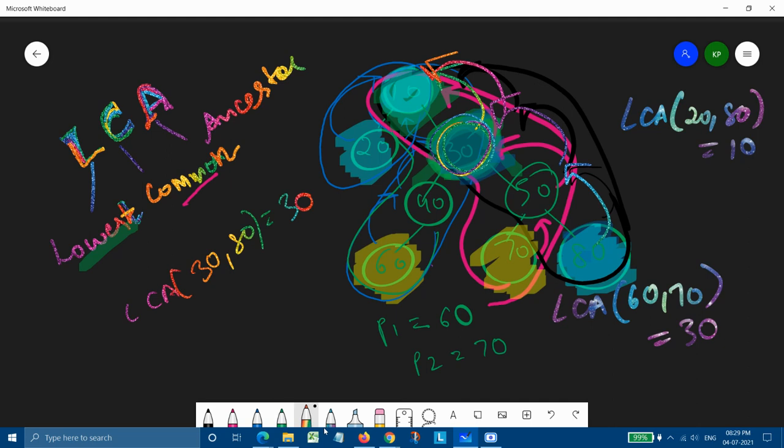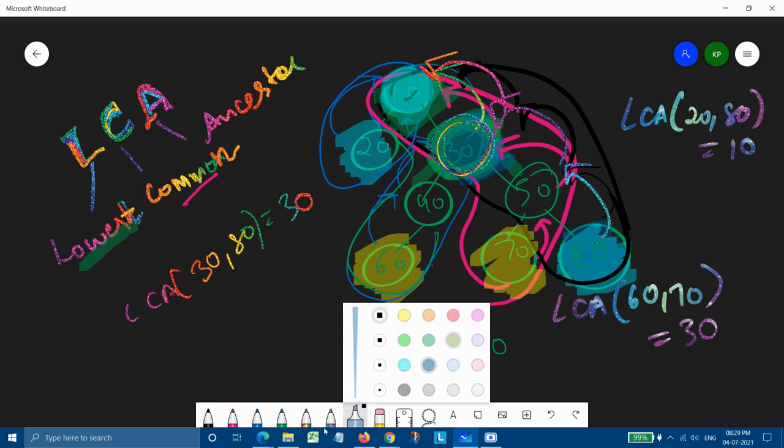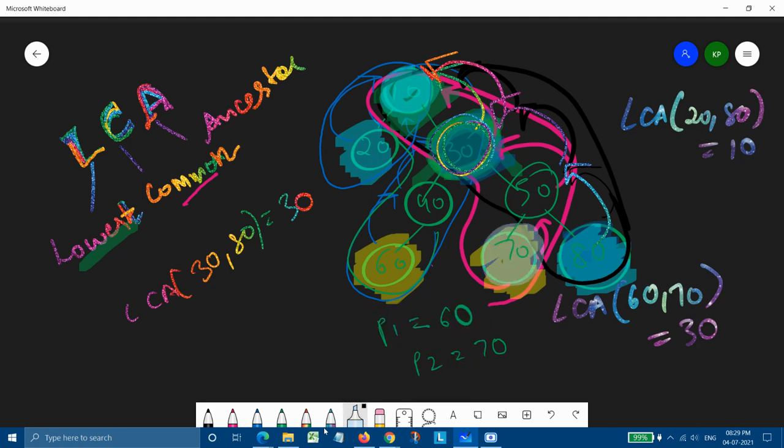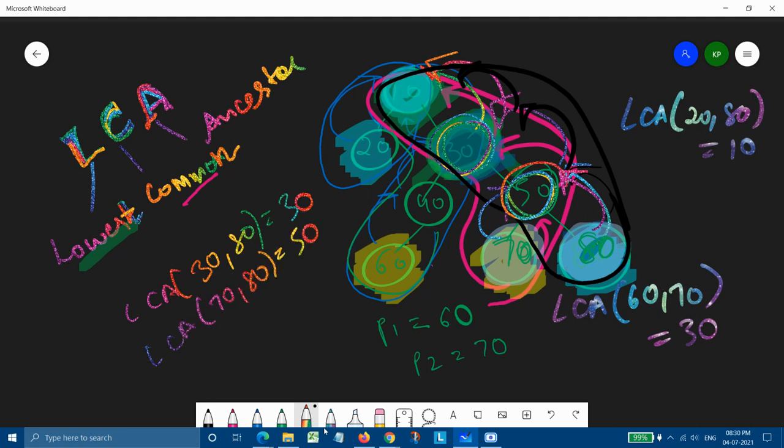Now let's take one more last example. Let's select now 70 and 80 itself. Another thing is that in both of them, the one which is common is, for 70 we have 50, and for 80 also we have 50, and after that there are common ones, but the only one which is at the lowest position is 50. So the lowest common ancestor of 70 and 80 will be simply 50.